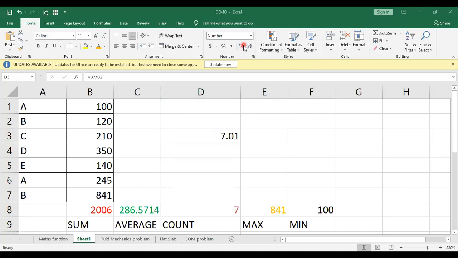Go to this number part. Either you can increase it or decrease it by just simply clicking here. So that's how rounding of any number is also possible.